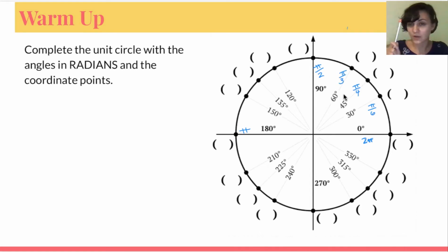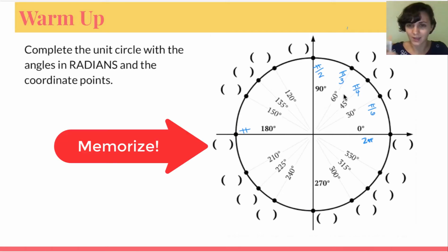So if you know your fractions really well, you can easily get this. I hope that you didn't just convert all the degrees to radians. This would take forever if you had to convert from degrees to radians for all of these. Memorize them. So I'm just going to show you the first quadrant. To get these coordinates,